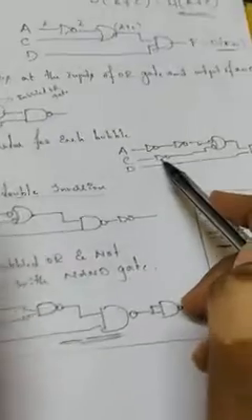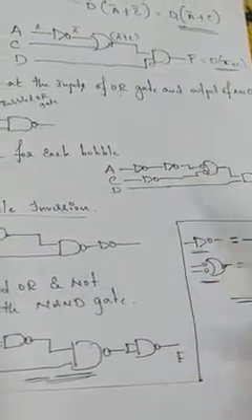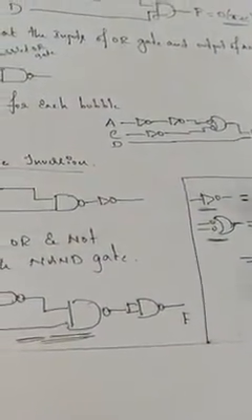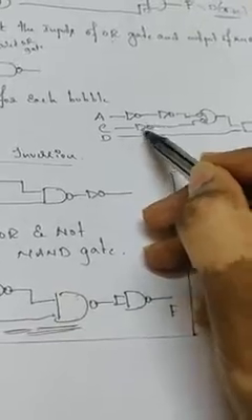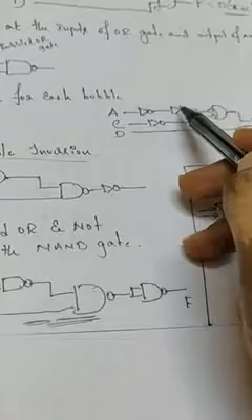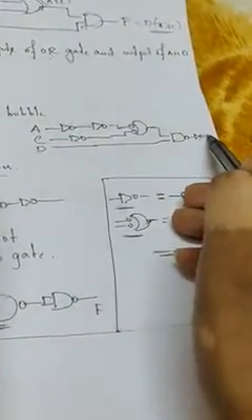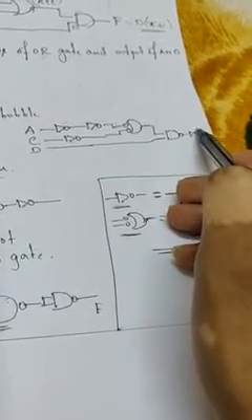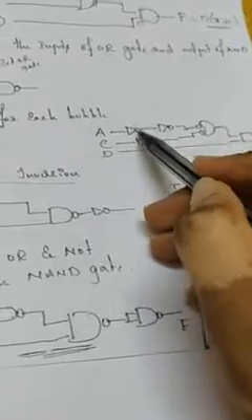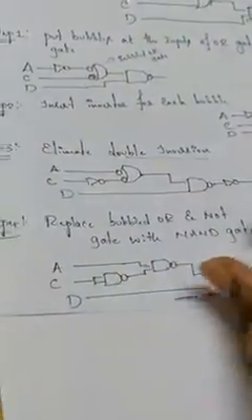Don't cancel this. Okay, this and this bubble are not the same. You know that a bubble and an inverter both invert the signals. That is right. But you're not supposed to cancel this inverter and this bubble. If there is an inverter and an inverter, just cancel them. Double inversion, cancel these. If there is no second inverter, just keep it as it is. Don't cancel this NOT gate with this bubble. Remember, cancel only the inverters. And you are going to get this circuit.